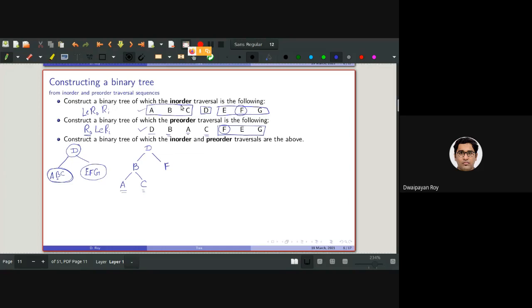So in the in-order traversal, the order is left, root, right, and the root F is in the middle. So what will be left and what will be right? Left side will be E and right is G. So given one in-order and one pre-order traversal sequence, we can actually design a tree.